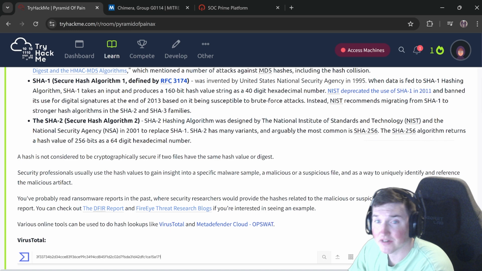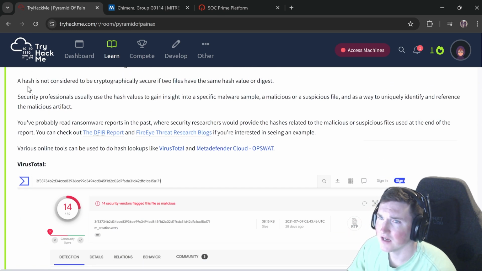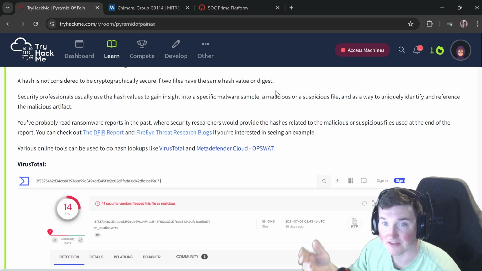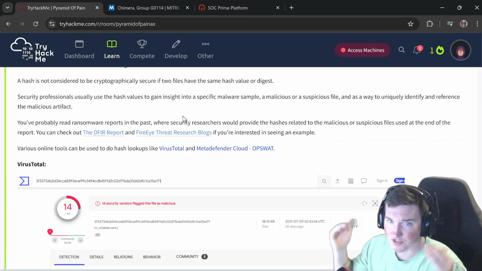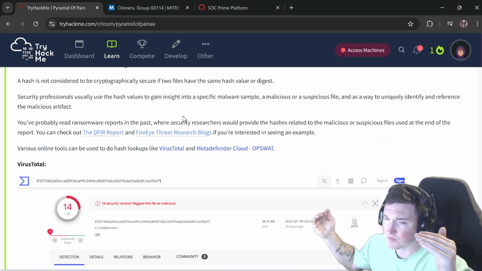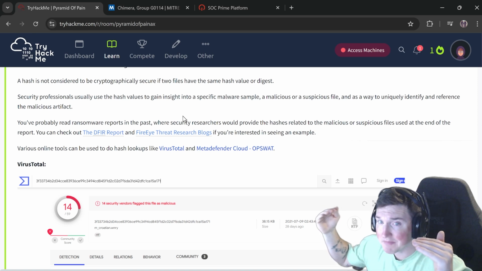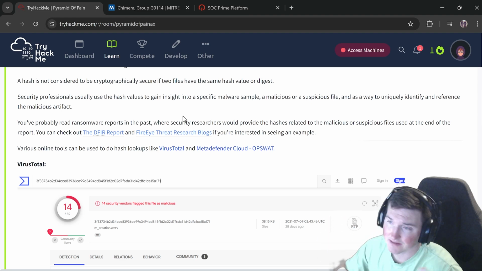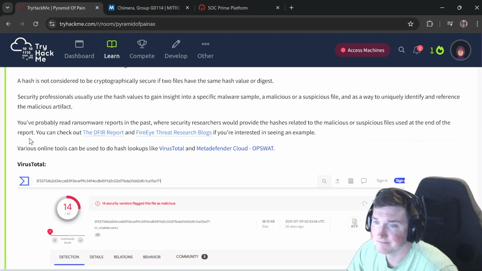Now, when you get deeper into cybersecurity, you're going to want to know the differences, but right now you don't need to. Okay. A hash is not considered to be cryptographically secure if two files have the same hash value, which I just said. That's collision, right? So that means theoretically you could have the same hash produced with two different things. So for instance, if my password was Stuffy24 and then your password was password123, theoretically, because of the way the algorithm works, there could be a chance that they have the same hash and therefore both passwords work. Keep in mind, it's a very minute amount that happens,